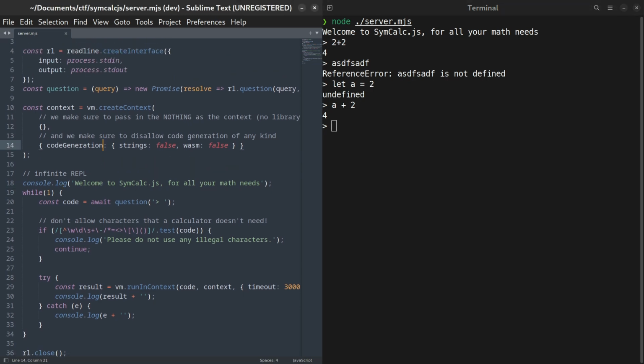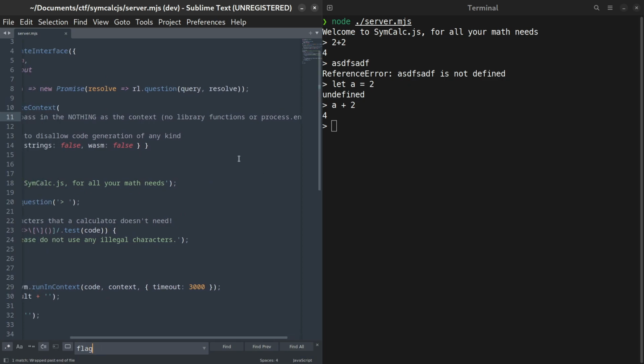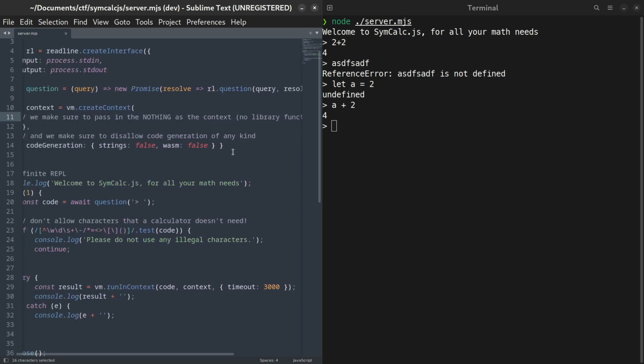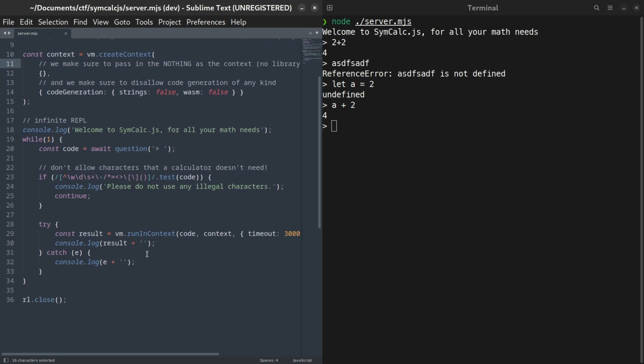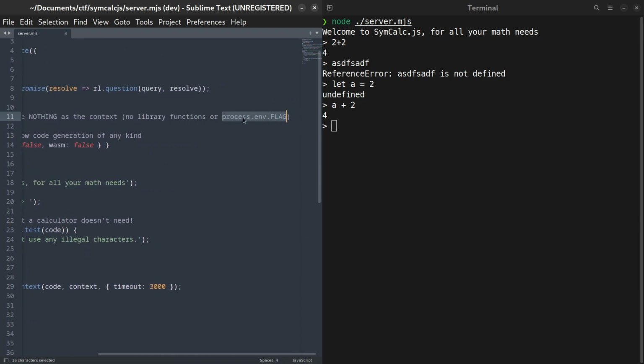Let's go back to the code and see if we can't figure out what our goal is. If we just search for the word flag, we can see that there's apparently an environment variable called flag, and that there's probably a good chance that this is what we are trying to retrieve in our limited context. In most jail challenges, the goal is to pop an unrestricted shell on the victim computer, but in this challenge, it looks like it will suffice if we manage to read this environment variable.